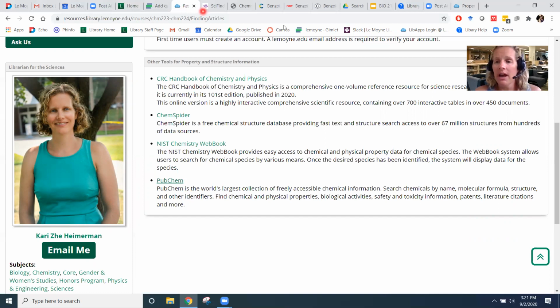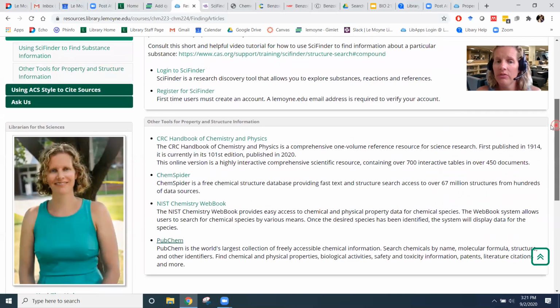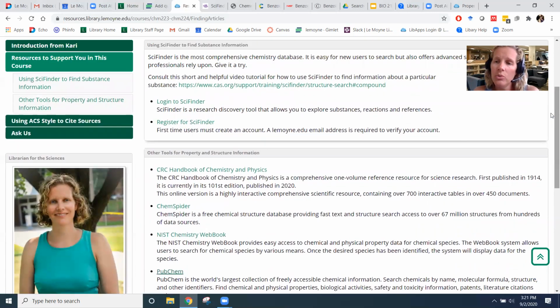And the other thing I would add about SciFinder and CRC Handbook of Chemistry and Physics is that you will be asked to log in to show that you're a Le Moyne person. So it'll ask you for your Le Moyne credentials. And then SciFinder will again ask you for your SciFinder login and username. They're going to be 2 separate things. But if you're off campus, it's going to ask you for both of those things, okay? If you're on campus, CRC Handbook's not going to ask you for anything, and SciFinder will just ask you for your